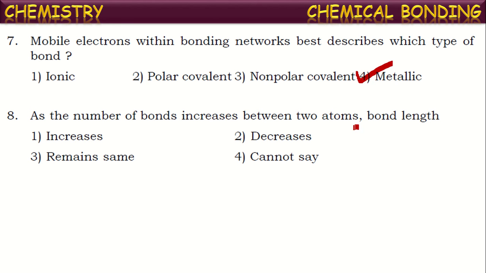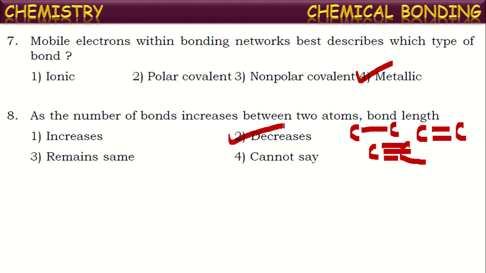For example, if you see carbon carbon, if they bond with a single bond, they'll be far away. If they are bonded with a double bond, they come a little closer than the first case. If they form a triple bond, they come to a nearer distance compared to the remaining two cases. As the number of bonds increases between two atoms, the attractive power increases between them, and hence they come close. This results in a decrease in the bond length.